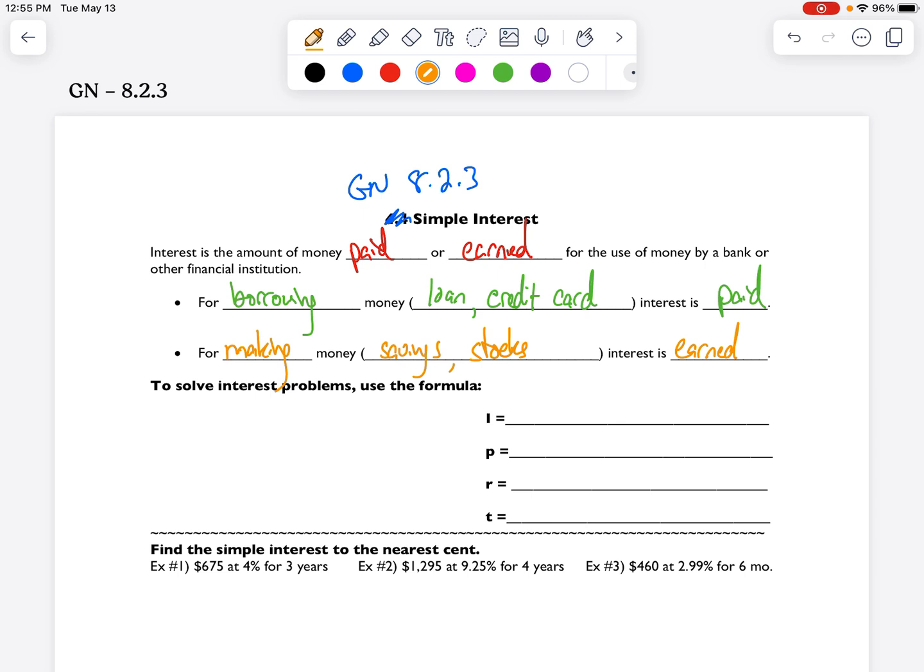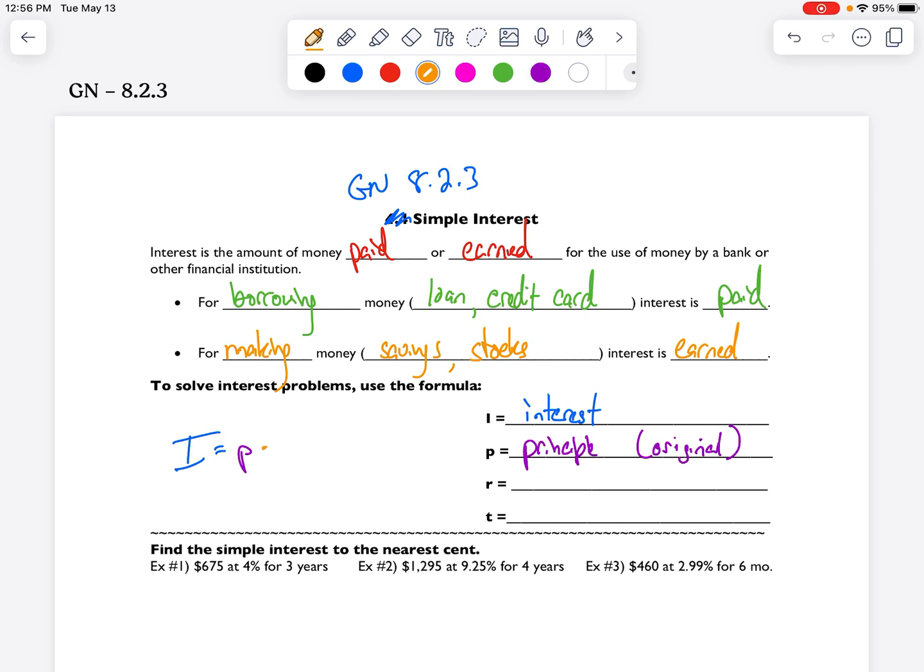To solve interest problems, the formula looks like this. Interest, that's the amount. This is probably going to be in dollars. I'll change colors here. P is the principal, and that's the original amount. So remember how I put in $100? That was my principal. If I got a loan for a $100,000 house, $100,000 is the principal. So that's the original amount times